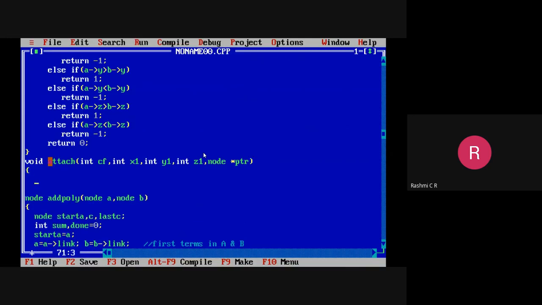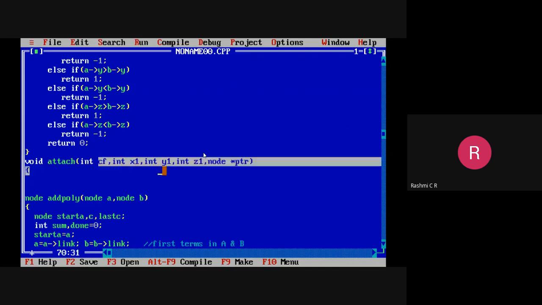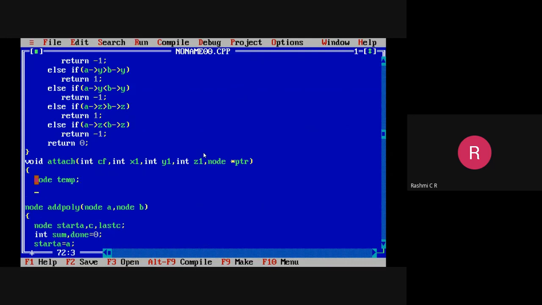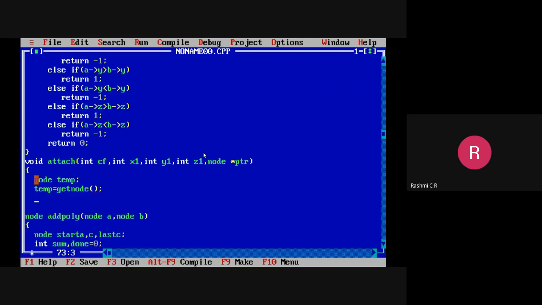So while doing the attach operation, we have to create a temporary node for attaching these terms. We have to create a node, assign all the data parts, and then link it to our header node. For doing that, I'm creating a temporary variable, and for that temporary variable we allocate the memory and create the node by calling the getnode function, which creates and allocates the memory for it, and assign the coefficient part.